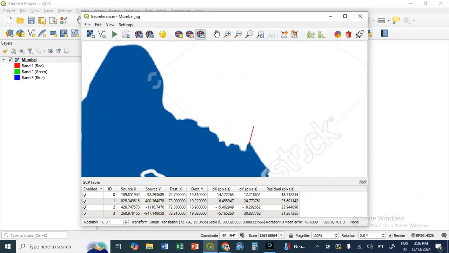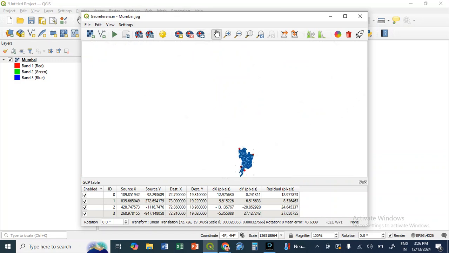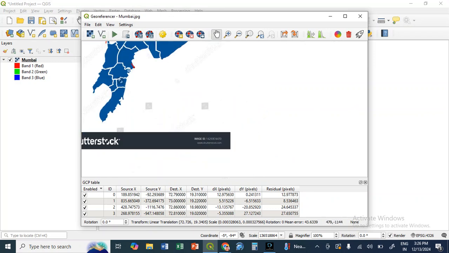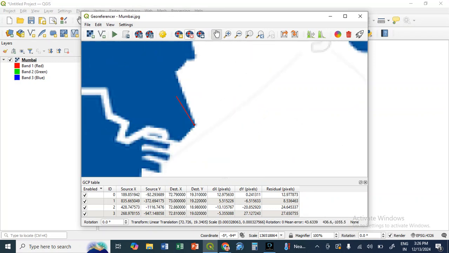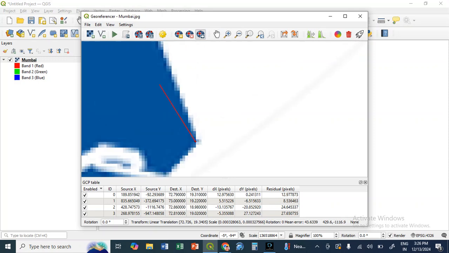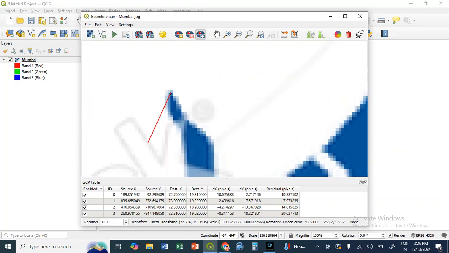I just select it and I drag it only little at a time. It cannot be continuously dragging at the same time. And the fourth point.